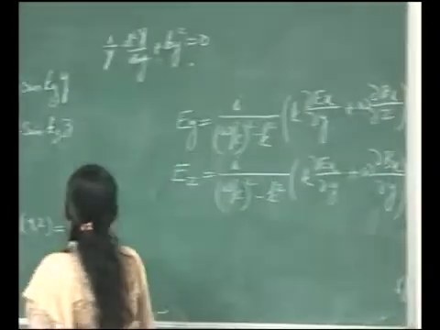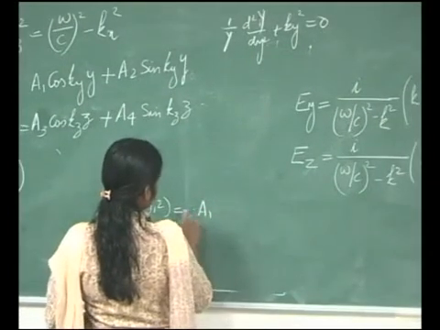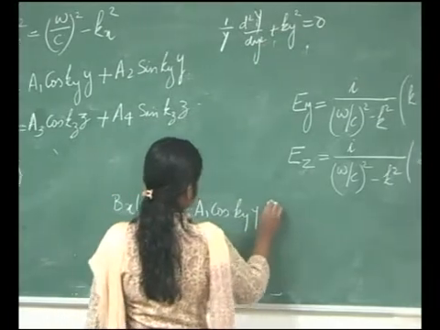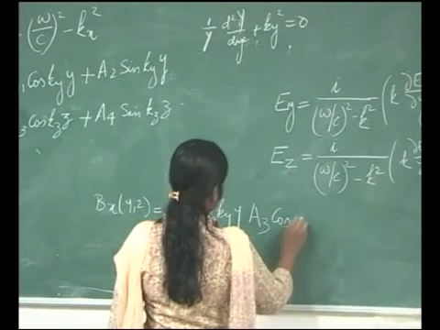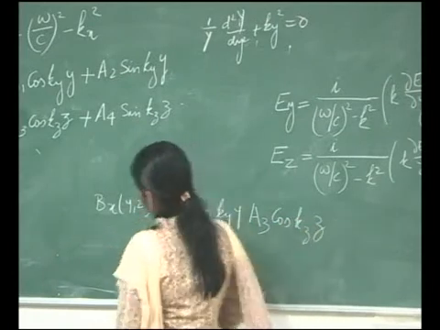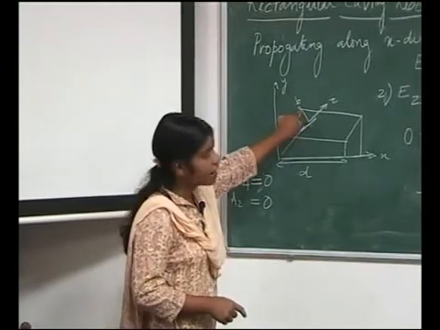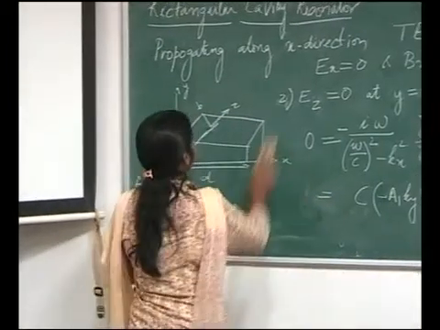So I have here a1 cos ky y and a3 cos kz z. This is Bx. Now I have evaluated both the y and z fields at the 0 point. Now I need to evaluate at the end point of this waveguide on both the coordinates. So for doing that, I will come to the third boundary condition.